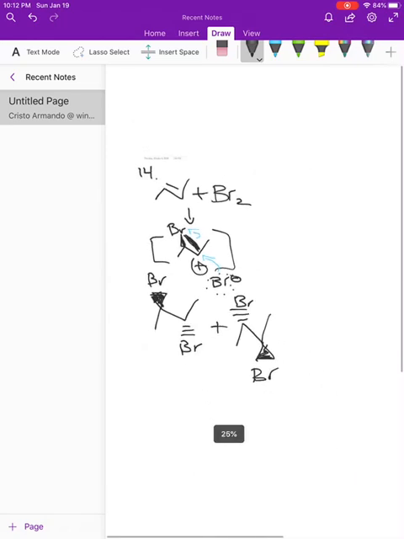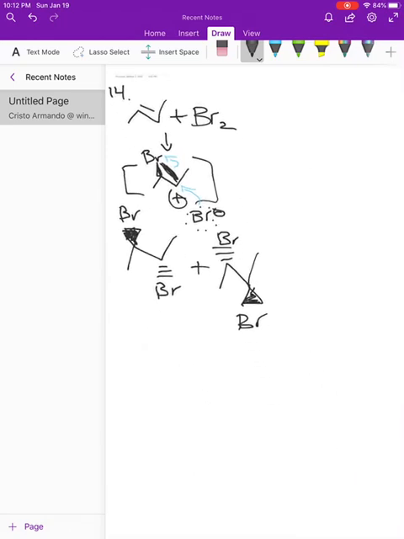Now, it's probably easy to assume that these two molecules are enantiomers, but they actually aren't. They're actually identical molecules. Because if you flip the molecule on the left